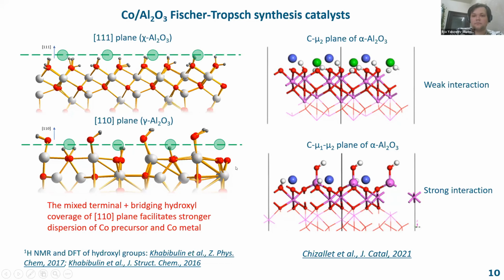And according to the energetic calculations made in this article, this really facilitates the interaction of cobalt precursor with the surface of the support, which would in turn lead to a stronger dispersion of cobalt over the surface of the support. And in our theory, this would then lead to formation of smaller cobalt particles, which we actually do not want. We want formation of cobalt nanoparticles which are above 10 nanometers in size. So we have